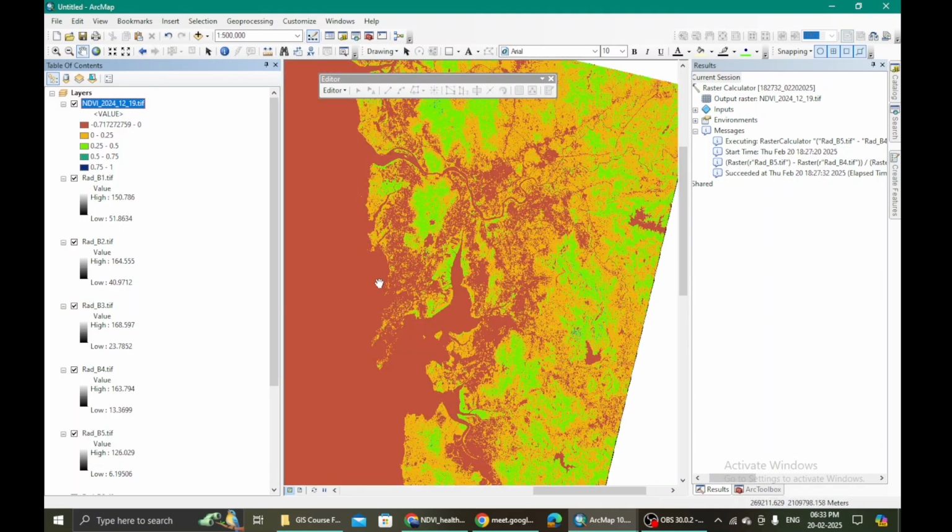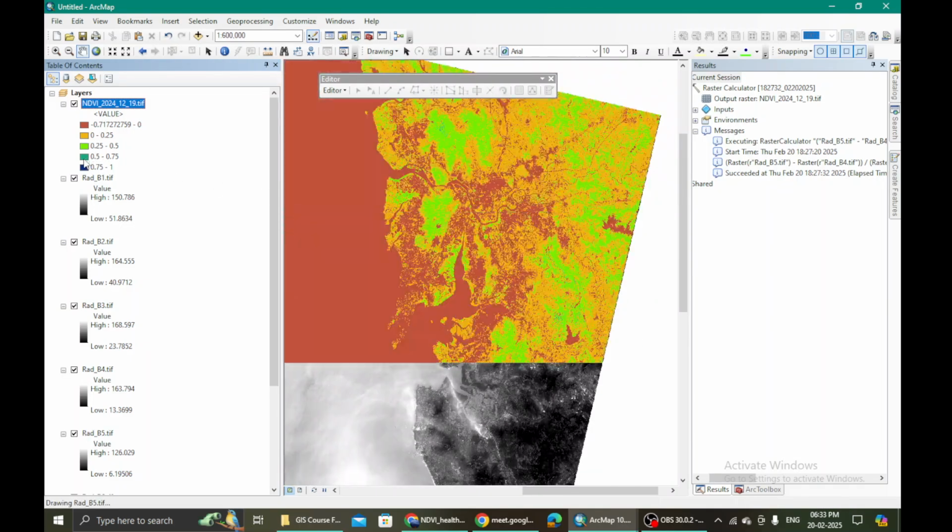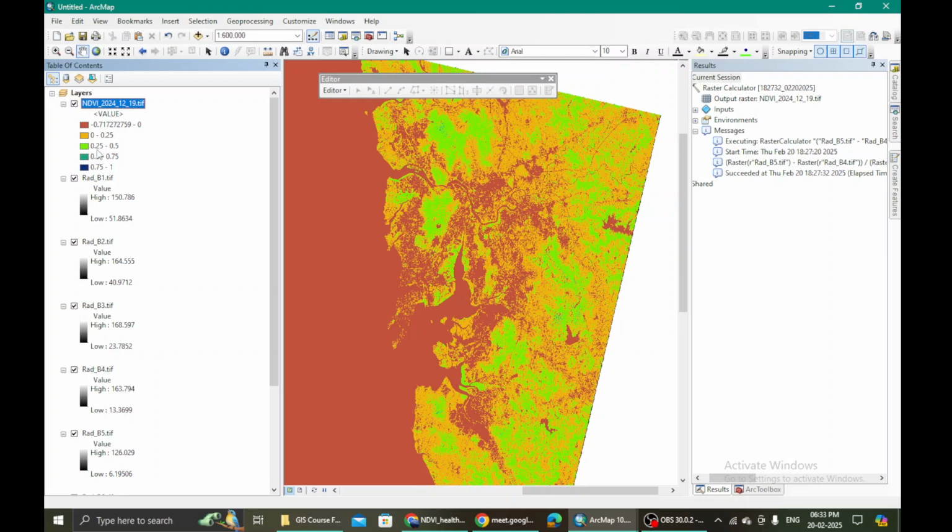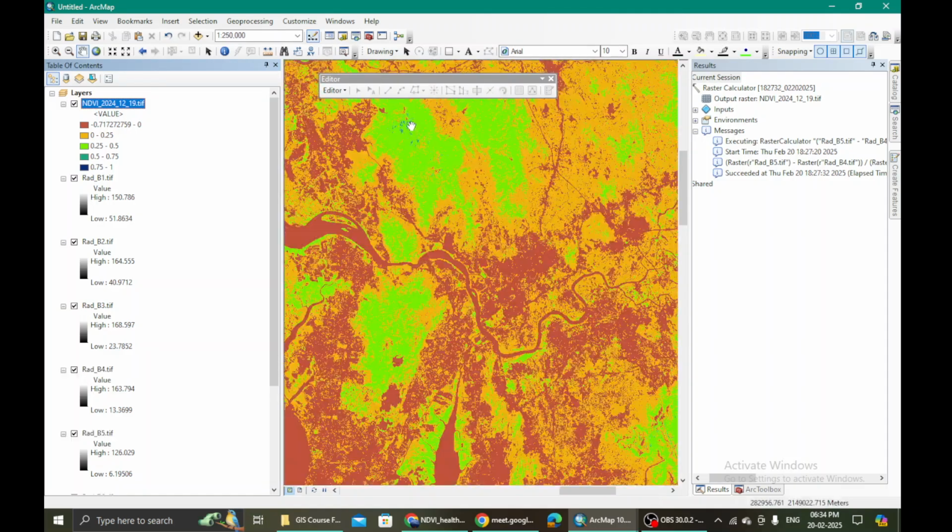So now you will see that wherever I have vegetation, it has turned out to be either yellow, some vegetation is there, then brighter green, and then darker green, and then darkest green. But I see that the darkest green values or even these darker green values are nowhere achieved. That means my vegetation has a poor health, or that it has very low values of NDVI. Okay, that is what it means.